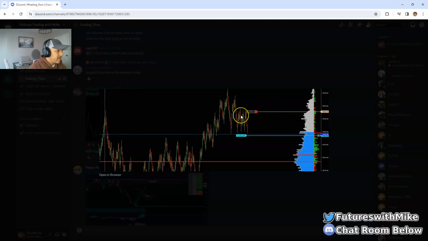So it was in this area right here, and we're going to take a look at that on the chart in a second. But I posted this over in the Discord, and that's the great thing about the Discord community, is that we have a great community of traders that come together, and we share our entries on the day. Lots of times I'll push out a zone that I'm looking at. I'm not saying that I'm sending alerts in any kind of way. I'm not doing that. I'm just letting you know, in my mindset of how I trade, I share it with the community. I'm not telling people to take those trades. I'm just saying this is what I'm looking at.